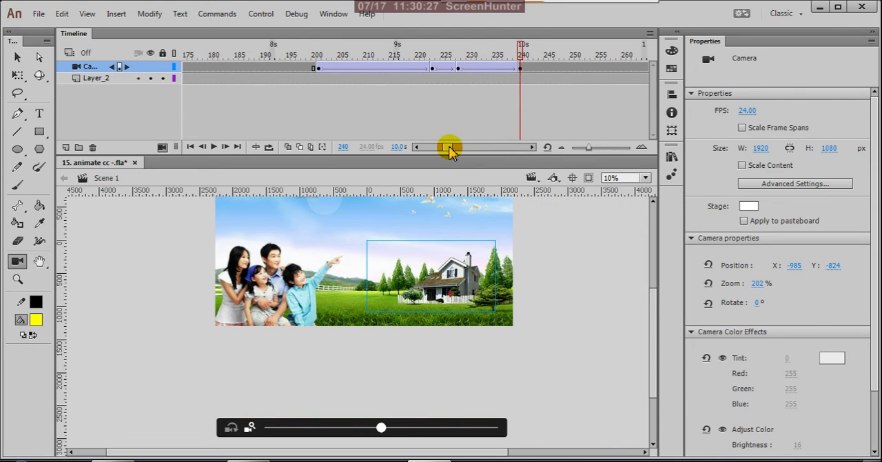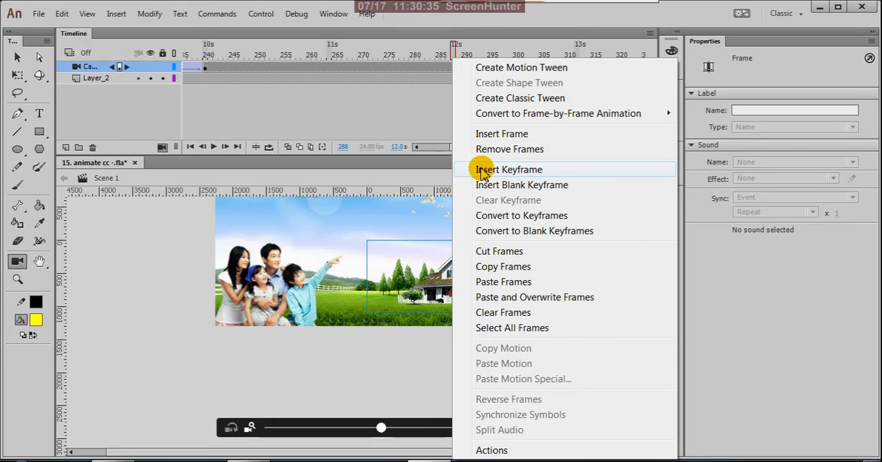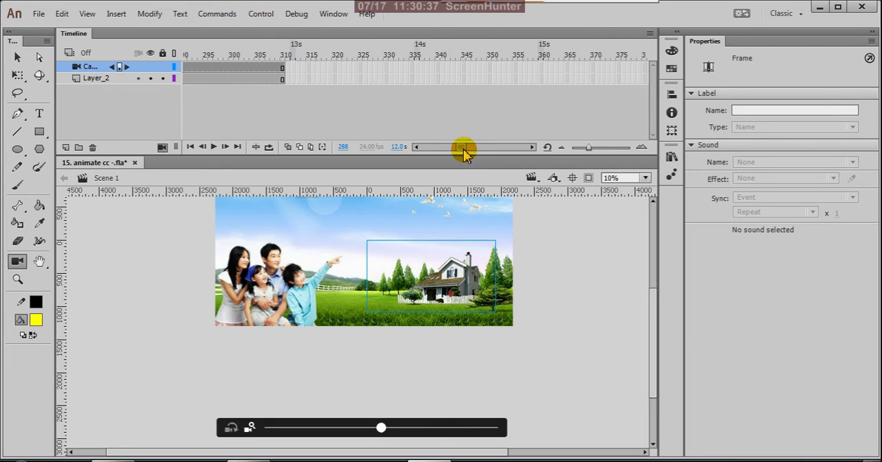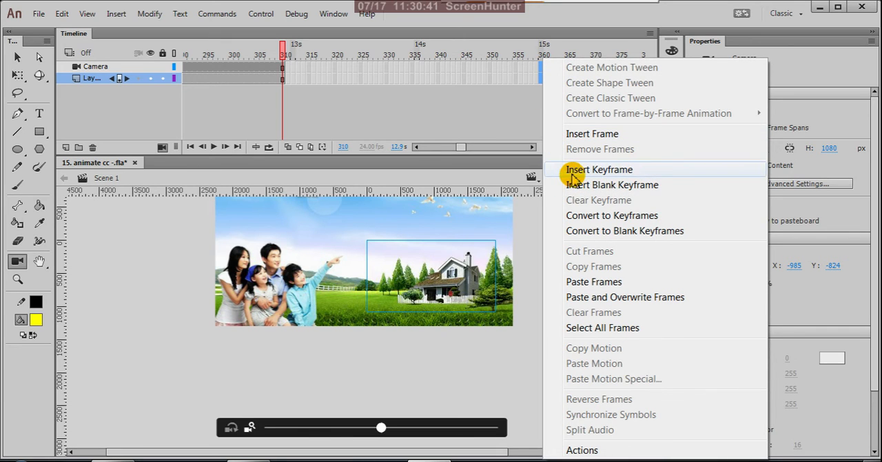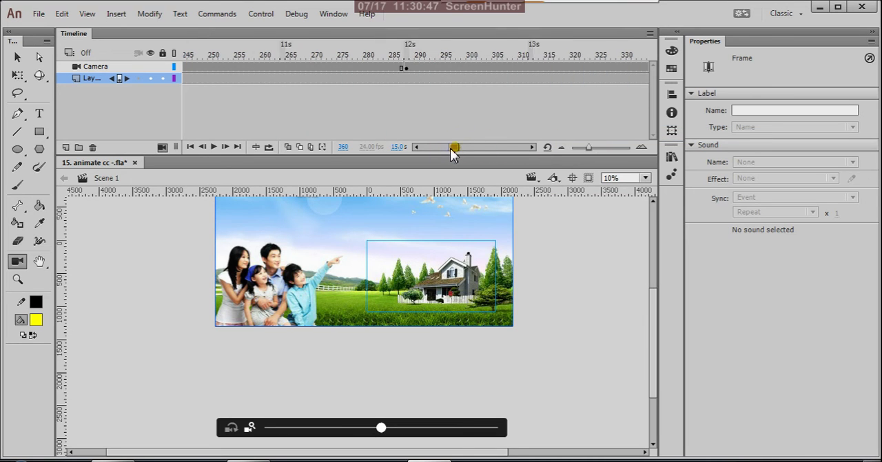Okay, there, show the house for a few seconds. Insert keyframe. So don't worry about these keyframes and about this animation. I'll explain. Simply I'm explaining about this camera. Okay, up to here hold the camera, and then here to here,